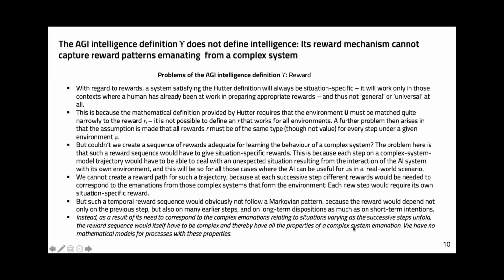And without the Markov pattern, in which the reward would depend only on the previous or some previous steps. But if you don't have this pattern, but you have a dependency on many earlier steps and long-term dispositions of the organism and also short-term intentions, you can't find a reward sequence. And so